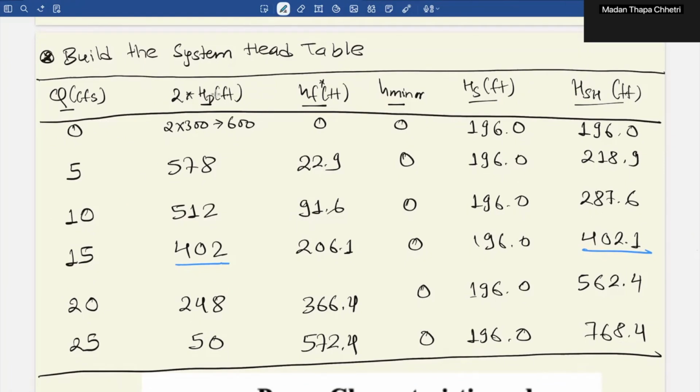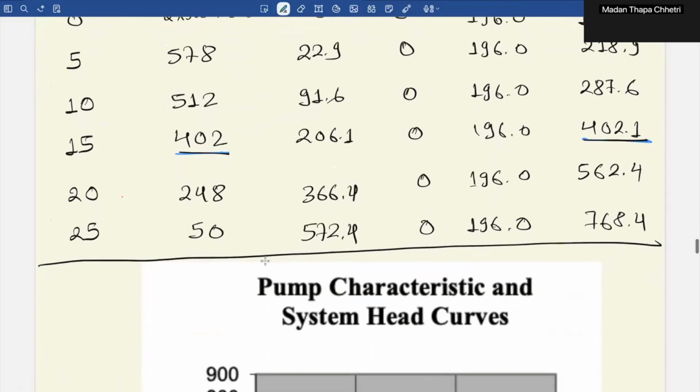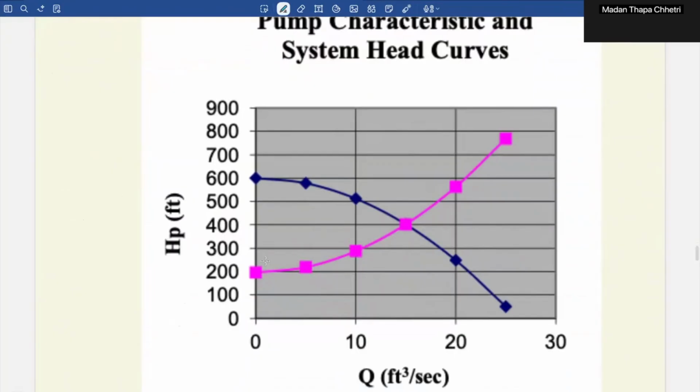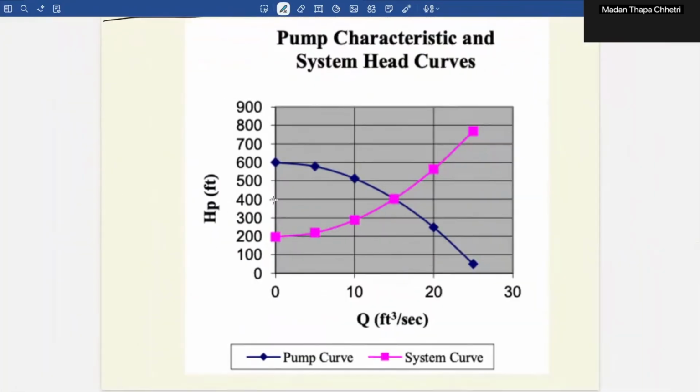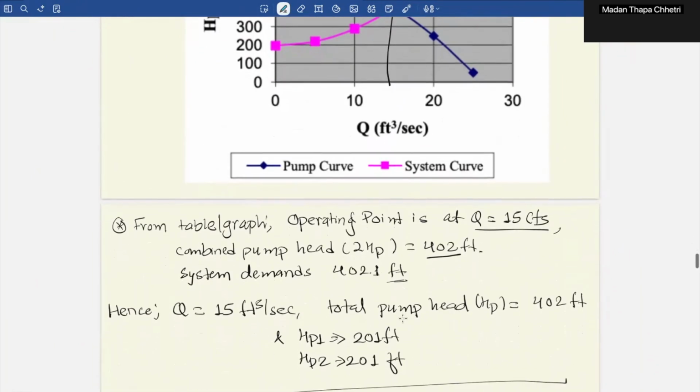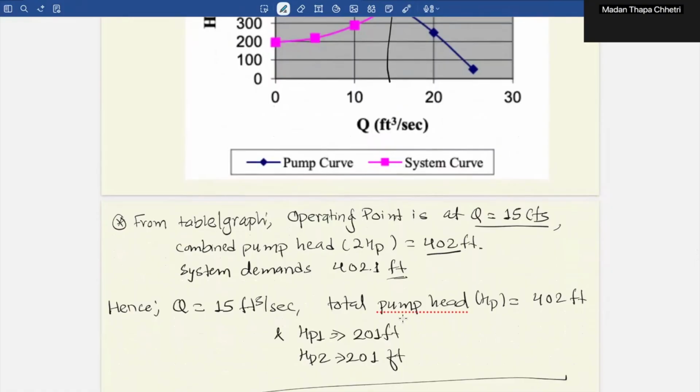So we can also see in the pump head and system head, there is a common value of 402.1 and 402. These are close. So by seeing in the graph version, we can see here the HP intersects at 400, and here its Q is at 15. So it's the same. So we are done with the question number